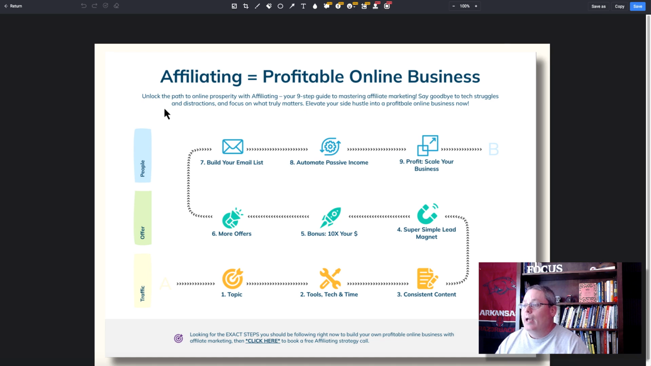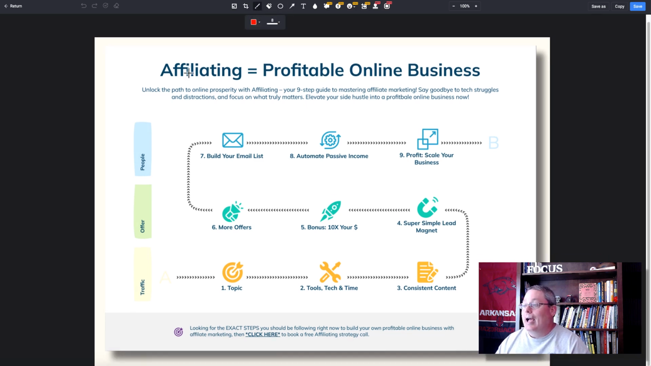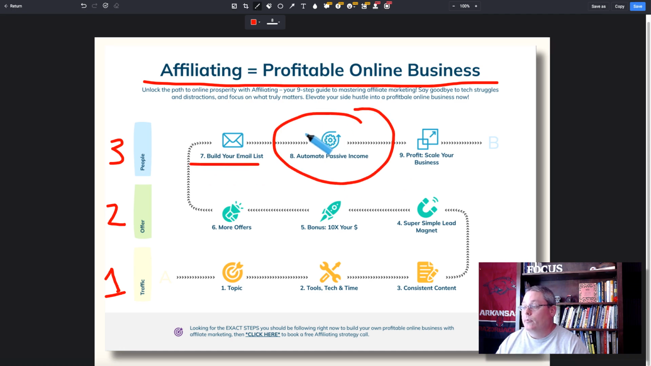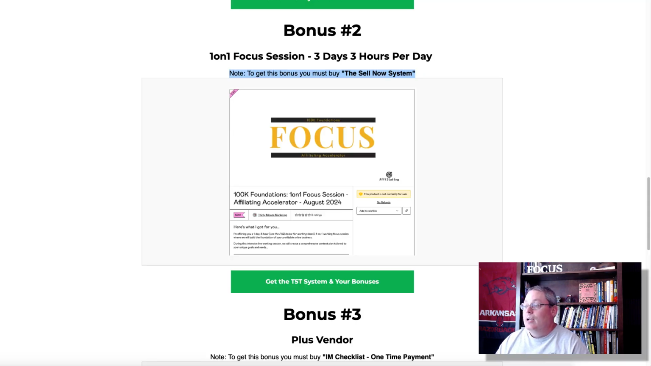And of course, we'll do that using the 9-step roadmap, which is affiliating, building a profitable online business, utilizing the top strategy by setting up a traffic source first, understanding that you need an offer as an affiliate, or in this case, you're going to have your own offer, and we'll set that up. And then, of course, we'll add people to an email list, automate all this so it becomes passive income. And then we'll talk about profiting and scaling your business